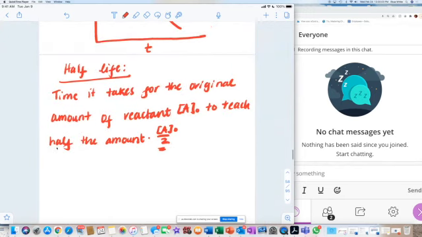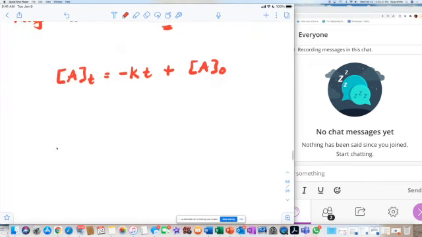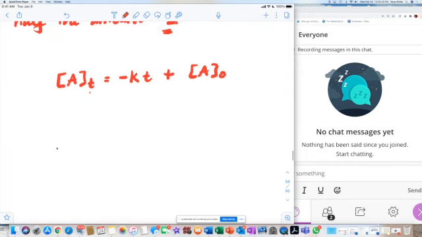Okay. So in our original equation, I'm just going to show you how they work this out this one time. We said it was A sub T equals negative K times T plus A sub 0. The 0 here just means the beginning, right? And then the time T is the end. We have no idea what the time is, so we just leave it as T. Okay, so if we want to figure out half-life,